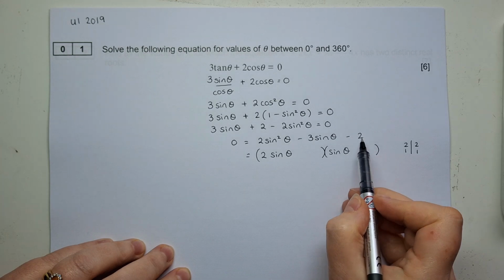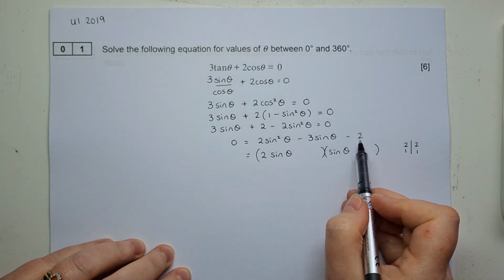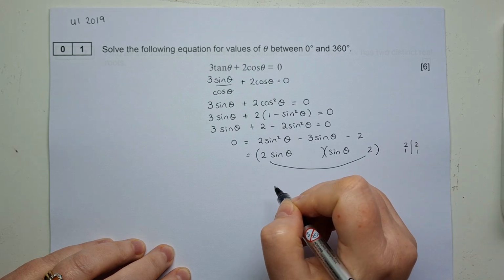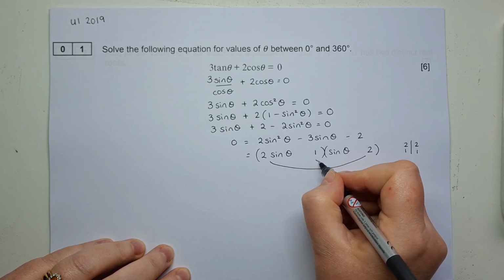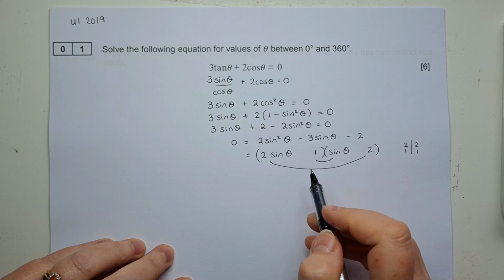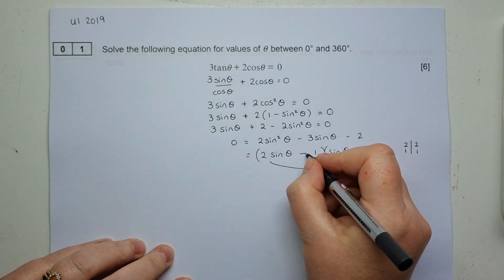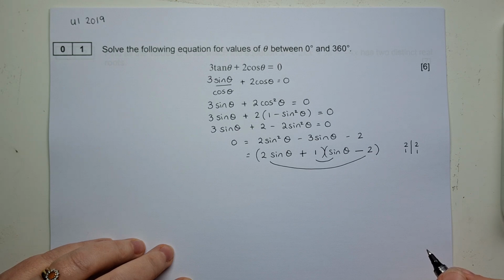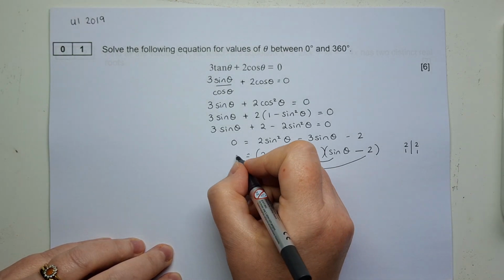My factors of 2, again, are only a 2 and a 1, and I need to put my 2 so I create a 4 sine theta and a 1 there to create a 1 sine theta there. I need a negative 3 overall, so I need negative 4 plus 1, like that. And then you can double check that everything has worked, all the signs are right, and your middle term is right. So that will then give you